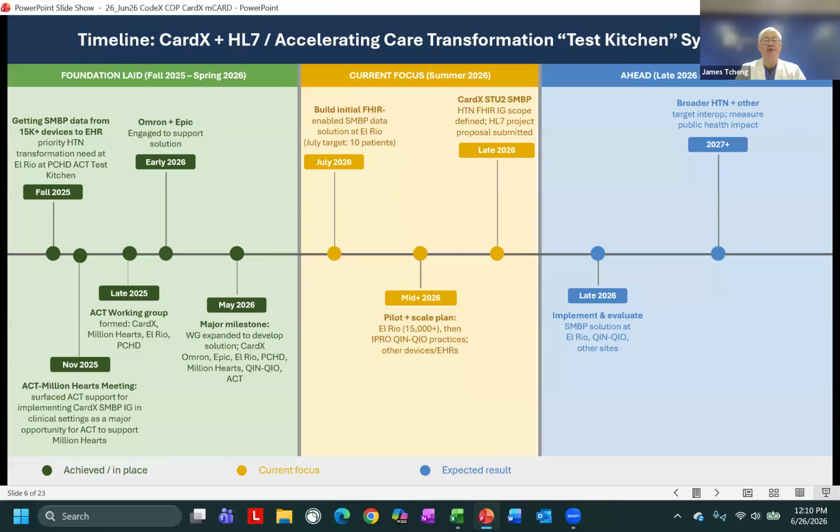So where are we today? This is a little bit of a detailed view, but the good news is what it represents is we are now in the piloting phase of implementation of SMBP, the hypertension management FHIR IG. This work started off in the late fall of 2025. You can see that on the left-hand side of the screen where an entity, the Pima County Health Department, with their practice colleagues at the El Rio Health